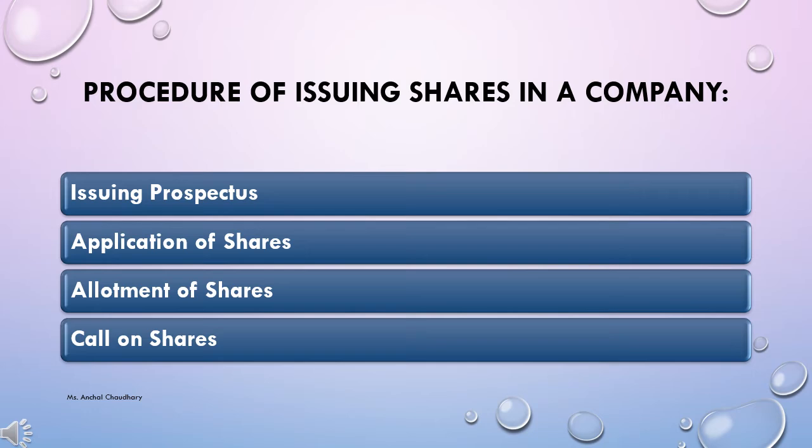First of all, you go through the prospectus of the college or the school. You go through all the information. Then you fill out the form, which is known as your application form, with a certain amount of money. The same happens with your organization also